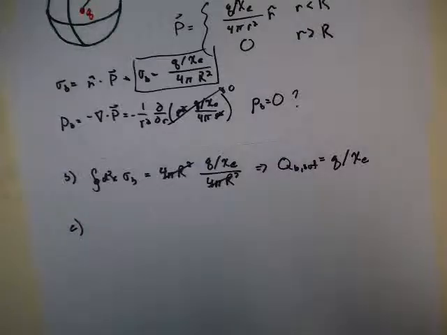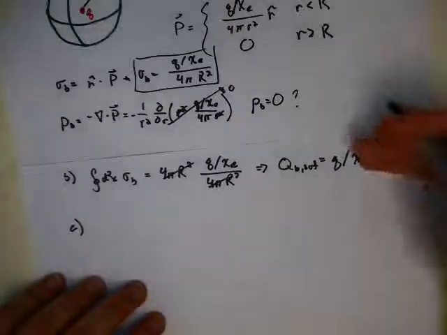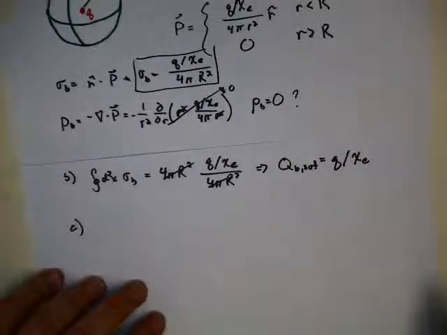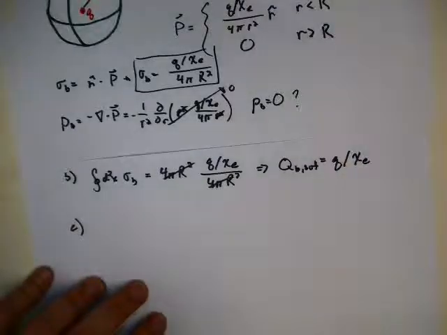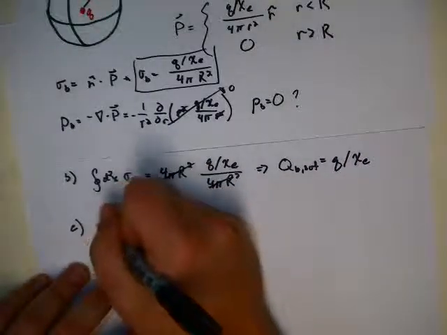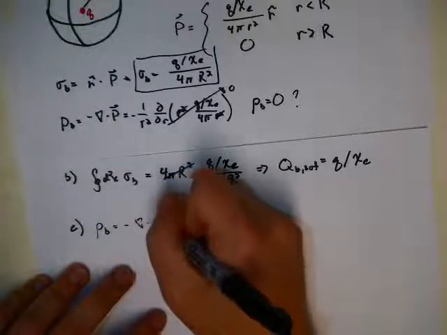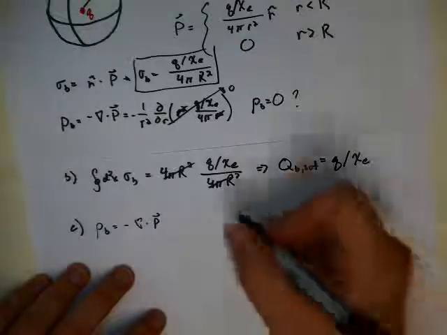And so where's the compensating charge to this non-zero surface charge? Well, to do that we have to go back up here and look at what we have. I'm going to rewrite rho b is equal to minus del dot P,